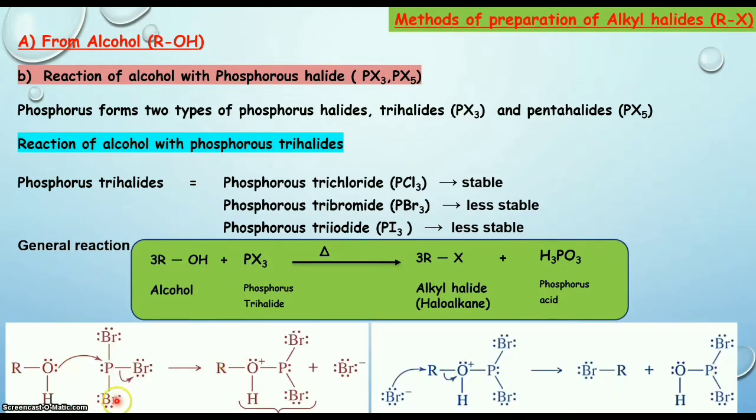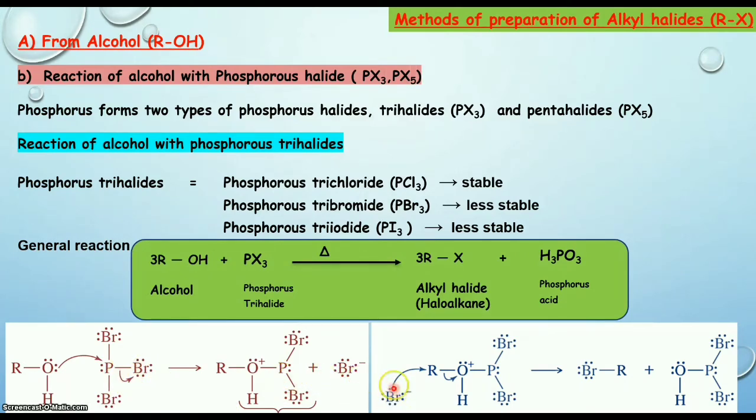Students, this is an alcohol molecule and this is PBr3, that is phosphorus tribromide. The hydroxyl group of alcohol attacks the phosphorus of PBr3, and that results in the formation of a bond between oxygen and phosphorus. You can observe here, there is a bond formation between oxygen and phosphorus, and that develops the positive charge on the oxygen. During this, Br minus ion is liberated. The bromine will take its electron and it forms the Br minus ion.